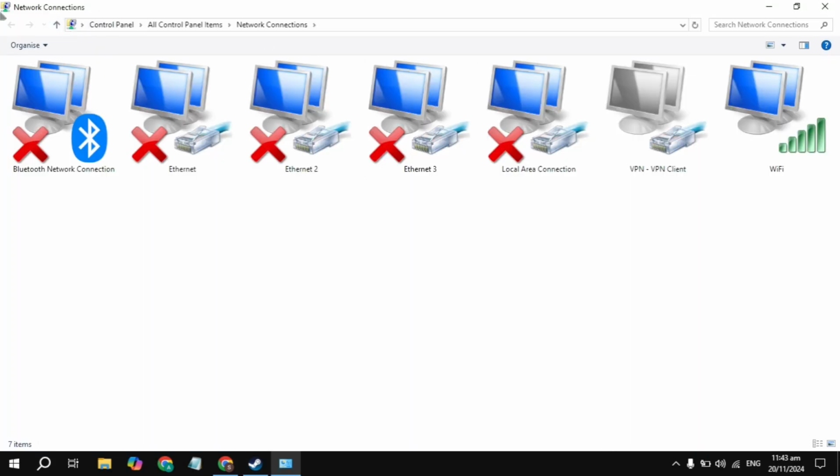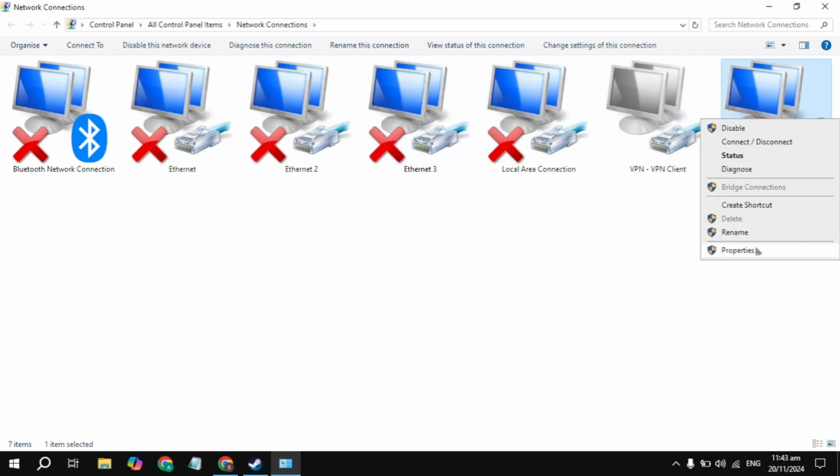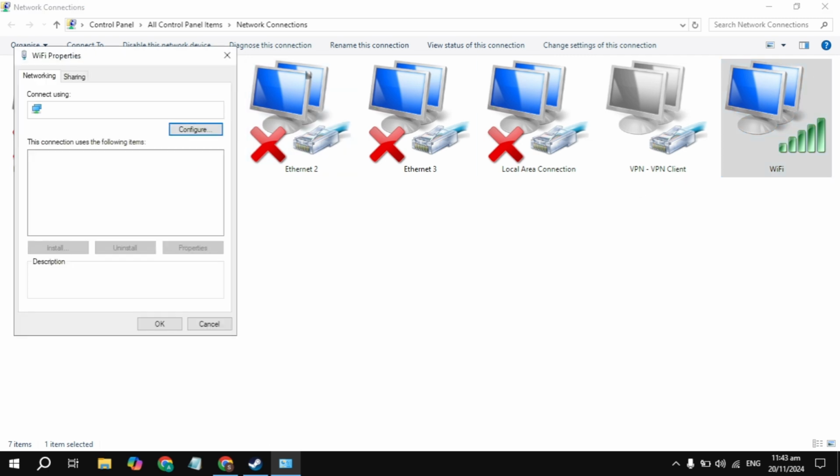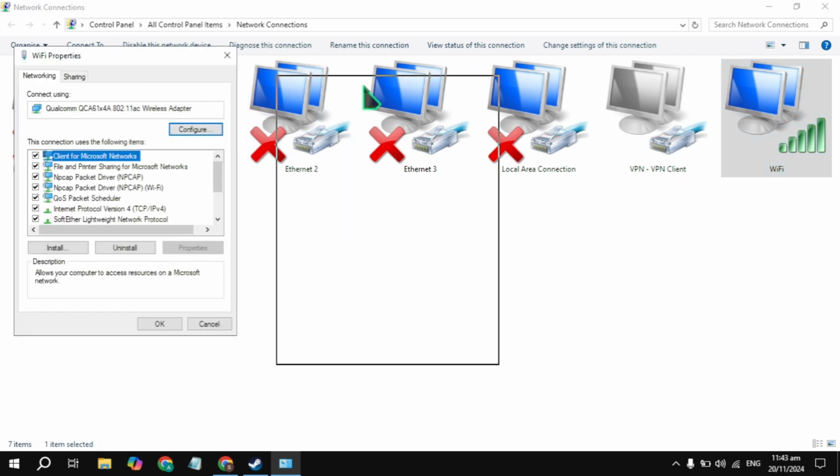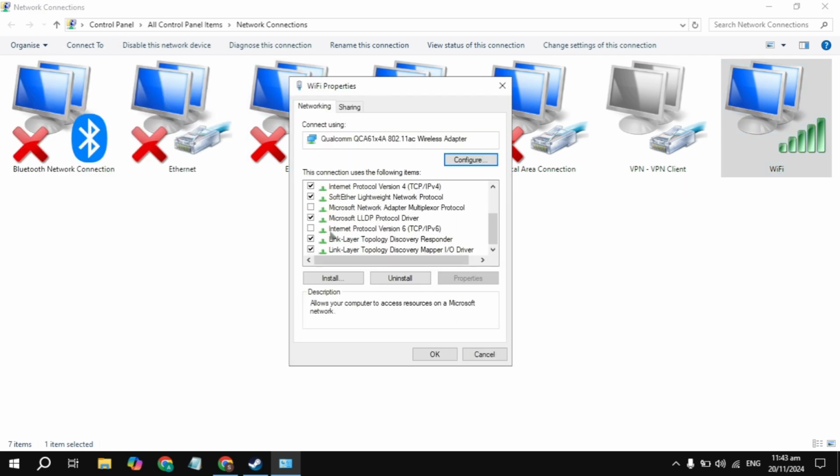Guys, once this network connection page is open, now here just look for your connection, Wi-Fi or your Ethernet. So make a right click on your connection and go to its properties. Guys, here simply scroll down and you'll see the Internet Protocol Version 6. So just uncheck this. After that, just highlight the Internet Protocol Version 4, then just go to its properties, then